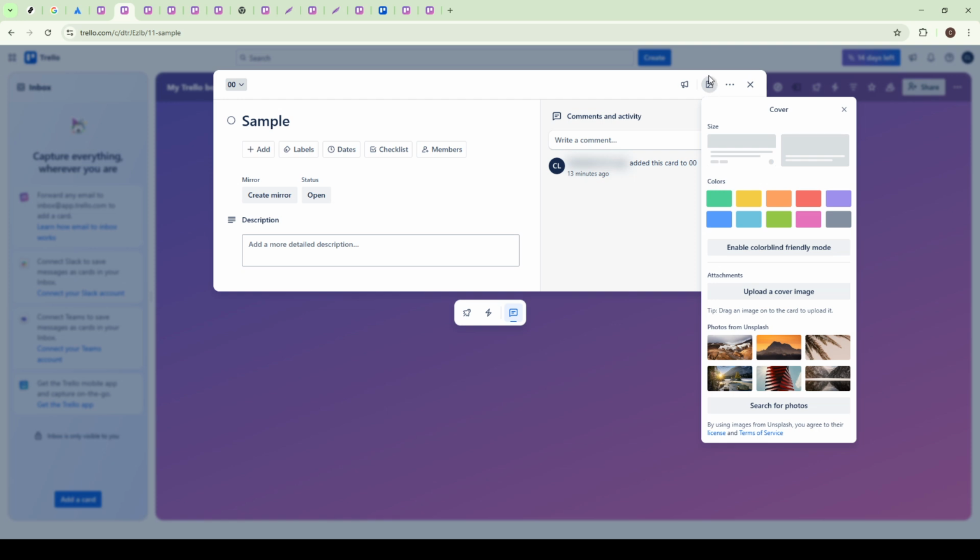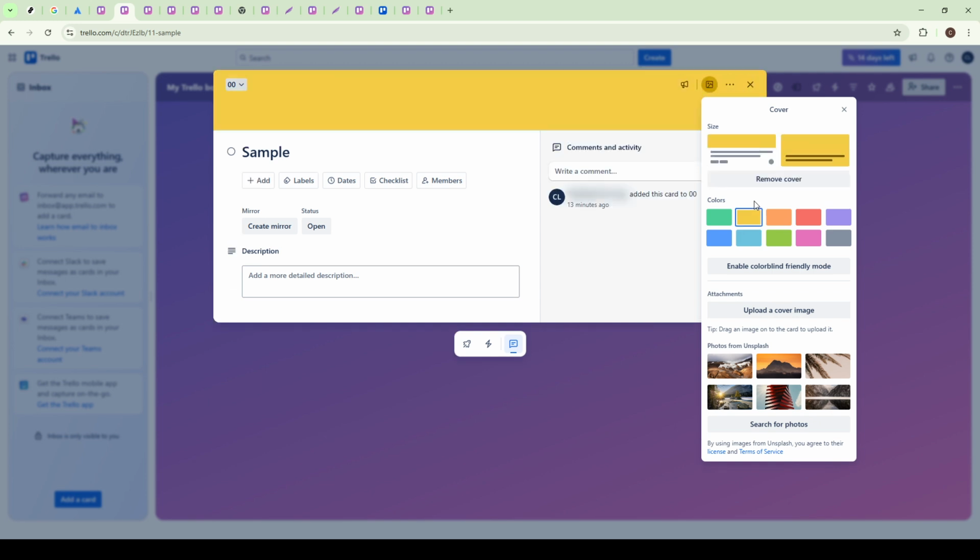Upon clicking the Cover button, a menu will appear. In this menu, you'll see an option labeled Change Color. Go ahead and select it. This feature is designed to provide you with a range of color options, allowing you to breathe new life into your Trello cards. Once you've opened the Color Change menu, you will see 10 different color options available for you